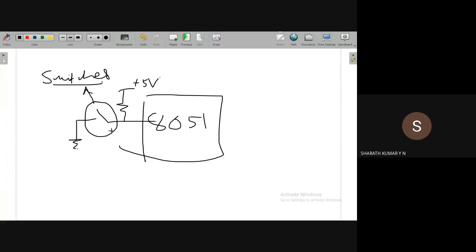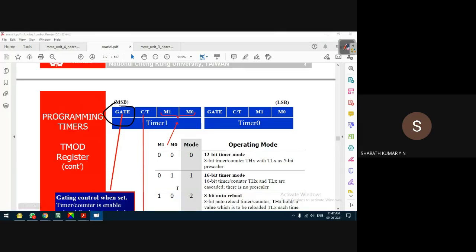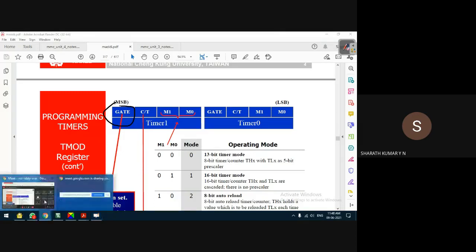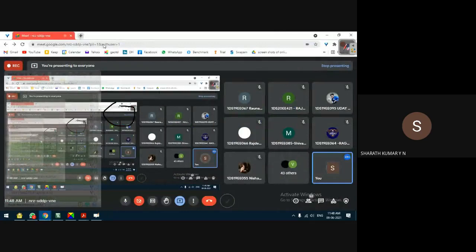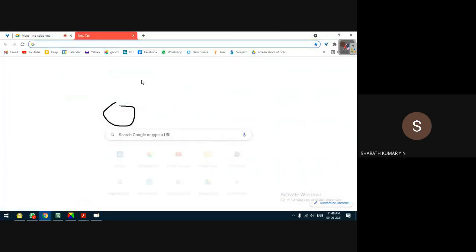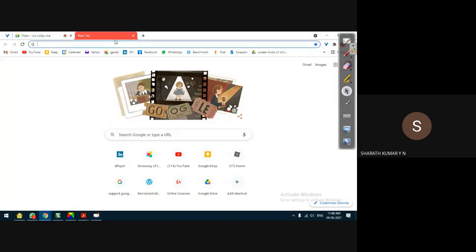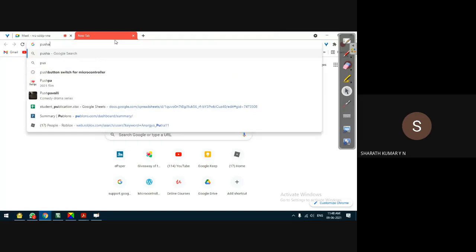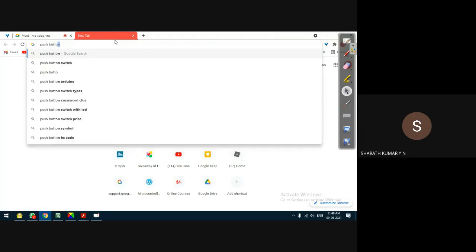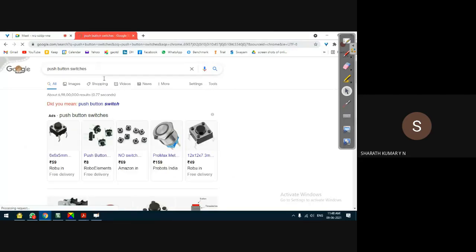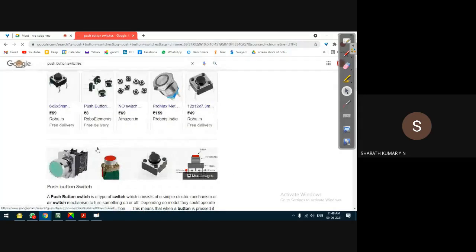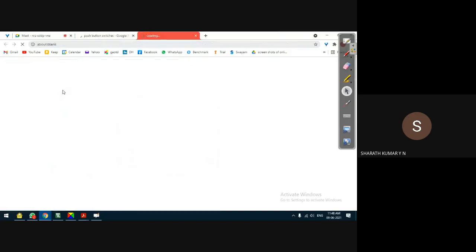Guess what is a switch? It is a mechanical push button switch. If you have worked with hardware, especially Arduino boards and that kind of thing, you will know what this push button switch is. I'll show you here. You must have seen push button switches in hardware. It's not an electrical switch; it's something like this. These are what is known as a push button switch.